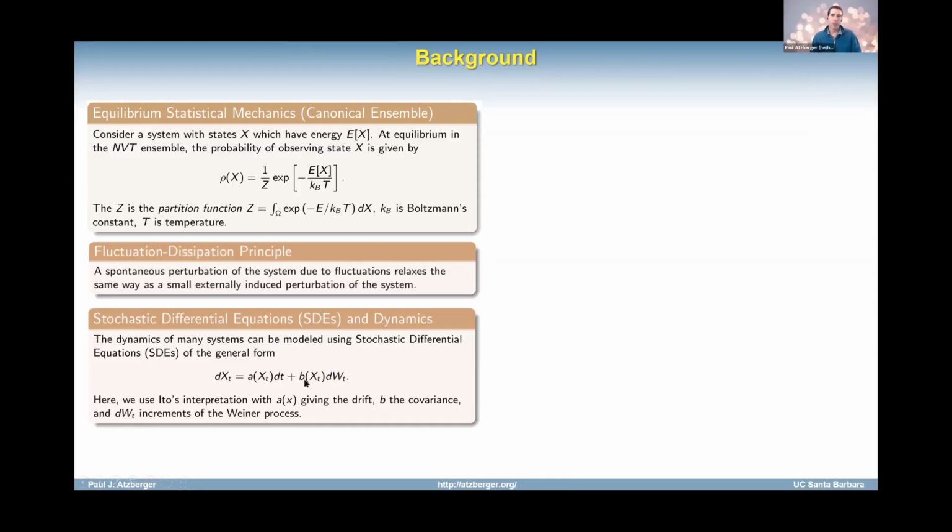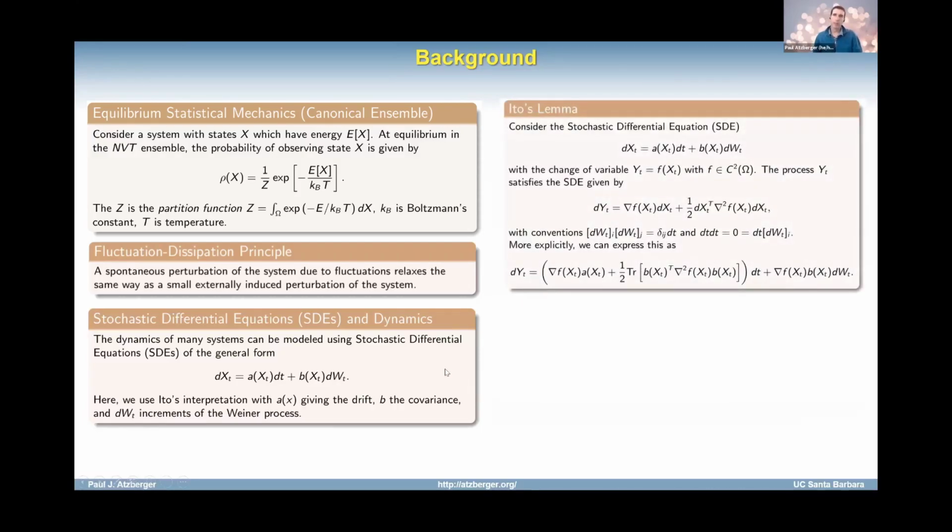Okay, so the B here is essentially going to be what captures my spatial correlation. So think of all of what I've written here as being vector valued quantities. And then I'm going to take the Ito interpretation of stochastic calculus throughout, as opposed to the Stratonovich one. You could always convert a lot of what I'm doing into that setting.